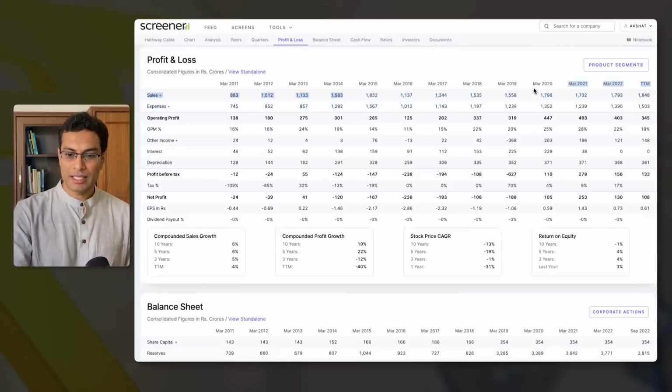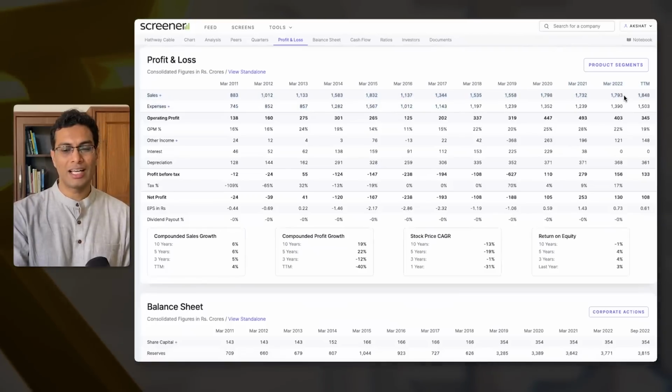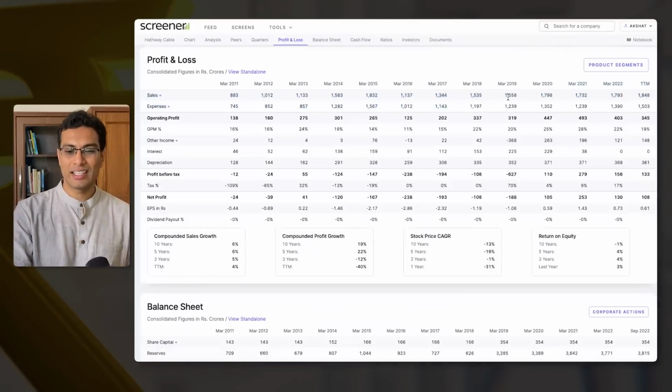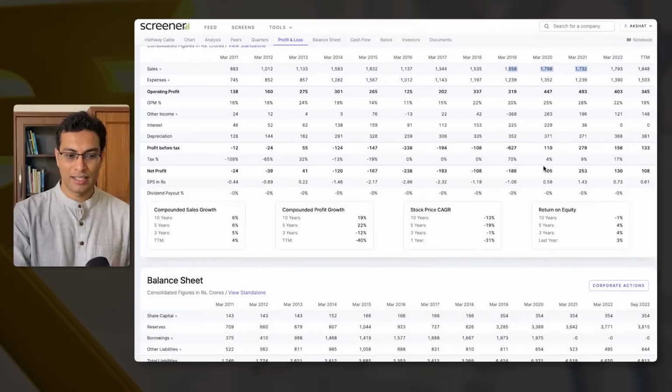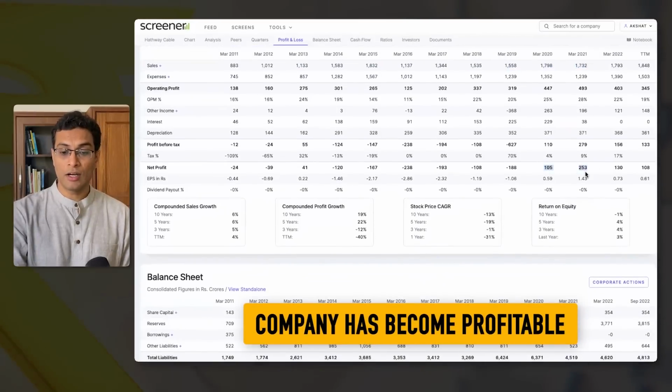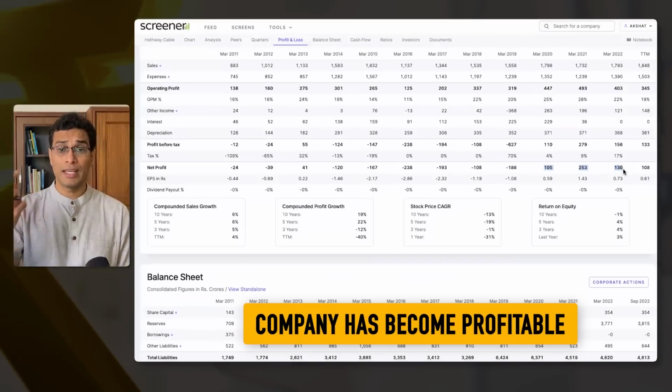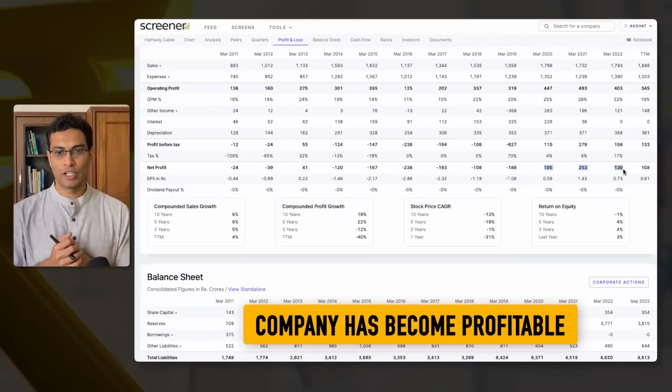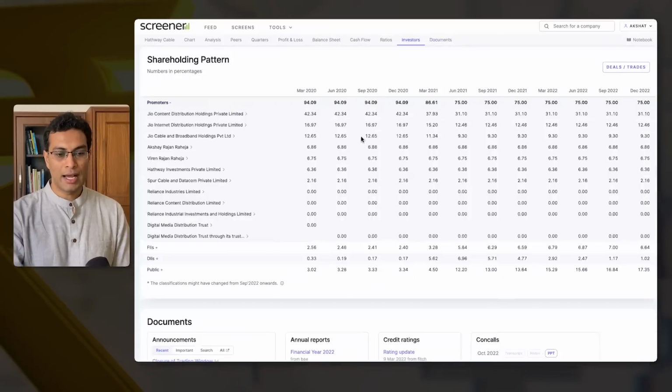So if you consider the business outlook of Hathway Cables, it's not as if ki jhande gaad diye, right? It's not as if sales has gone up massively over the last several years. But having said this, there has been a turnaround in their fortunes because they are now making profits without increasing their sales too much.